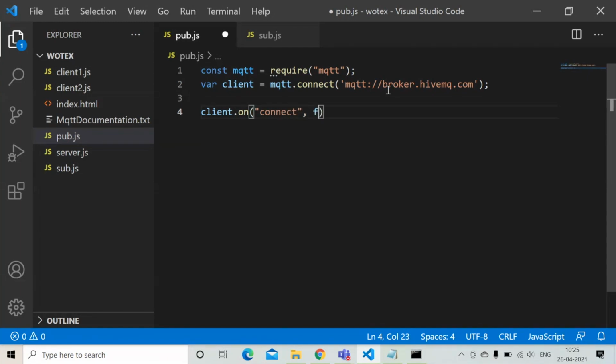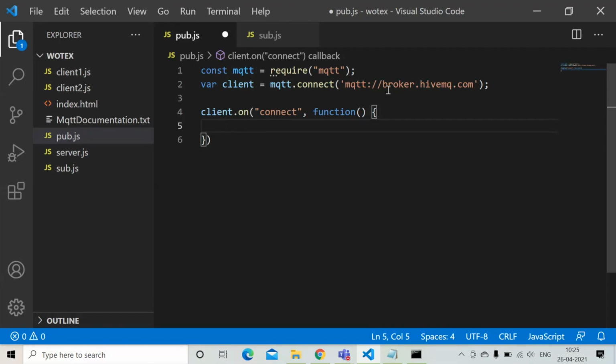Then it's a function. You know that MQTT and HTTP vary depending on access. HTTP is on a request-response architecture, whereas MQTT is on a publish-subscribe architecture. For a publisher, we should have the topic name. The subscriber will subscribe to the topic, and a subscriber can subscribe to multiple topics.